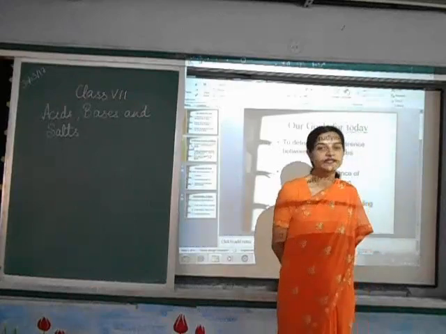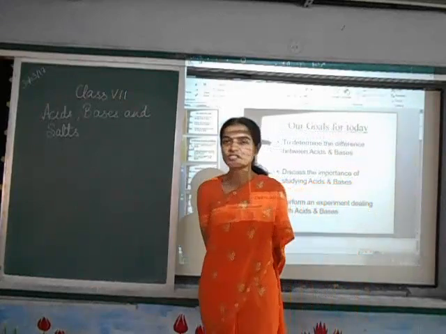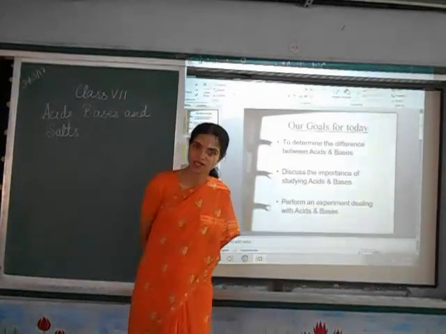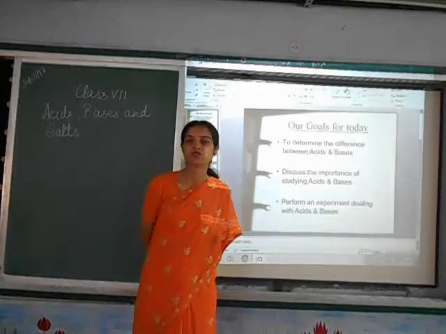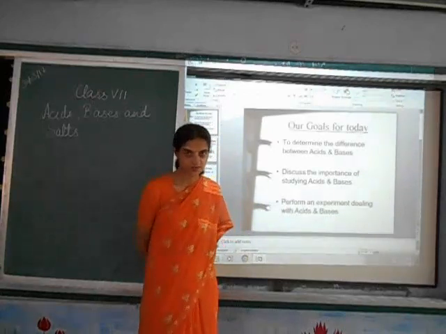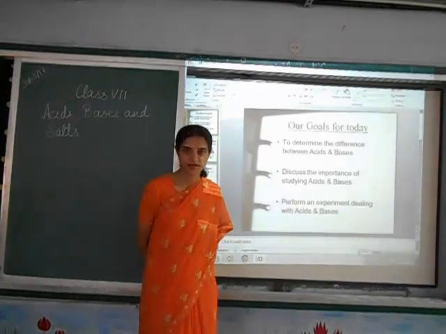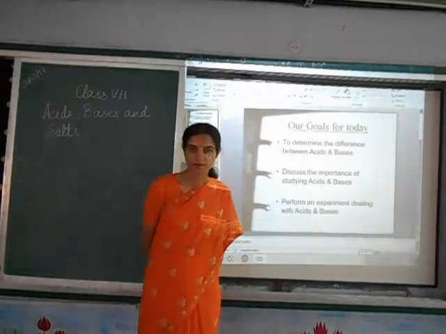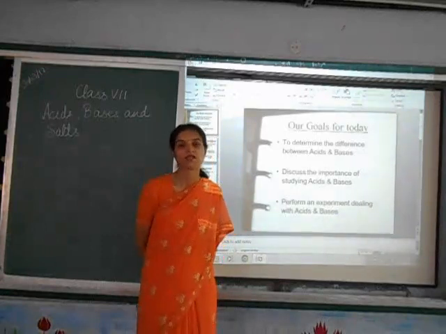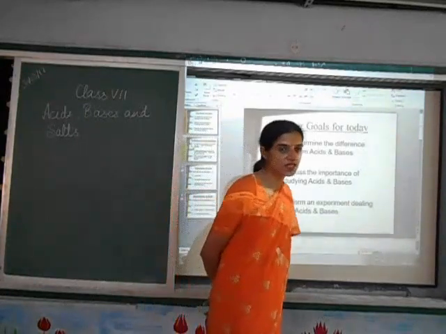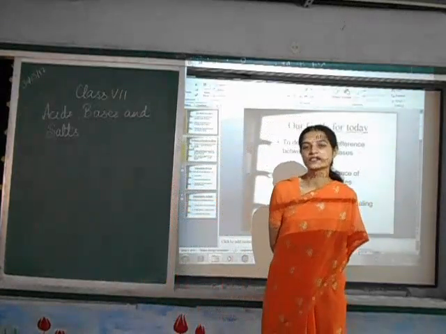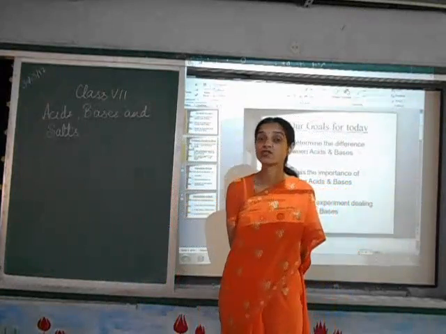The other properties basically include the identification of acids, and acids are identified by using indicators. Now the question comes here, what do we mean by indicators? Indicators are the substances which help us to identify the nature of a substance. When we say the nature of a substance, it means whether a given substance is acidic or basic in nature. The commonly used indicators are litmus, which is a natural indicator,